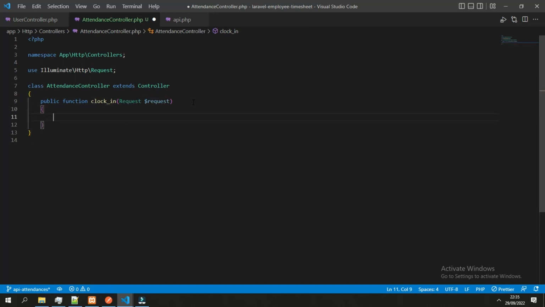What we will do here is first get the user ID and then find the attendance if it exists. If it is not exist, then we create a new attendance object.